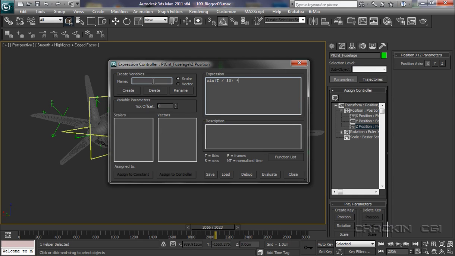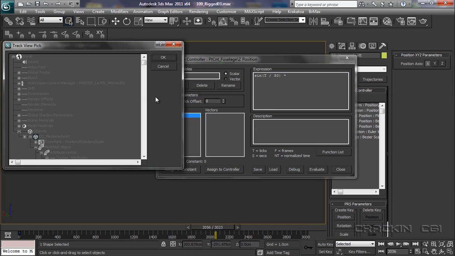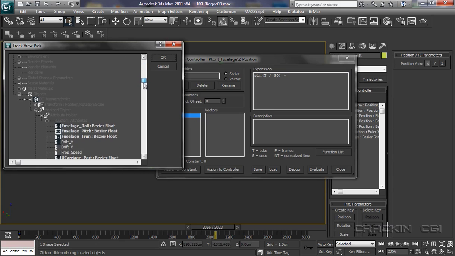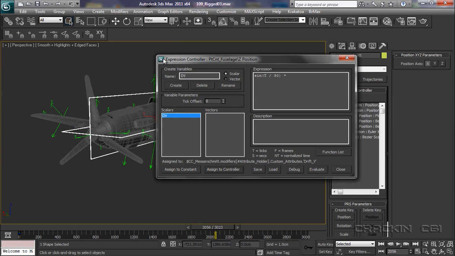Over to our create variable. We'll call this one dv. Say create. Now before we go to assign a controller, let's again connect or select our control curve there. Now assign controller. What we want to do now is look for drift vertical layer. Select that, say OK, and now we can type in dv there, debug, that's fine, and evaluate. Close this down,